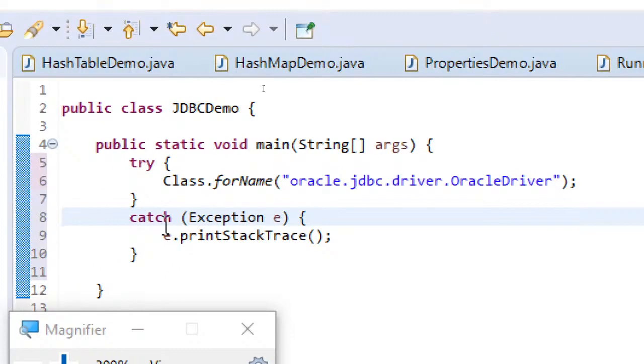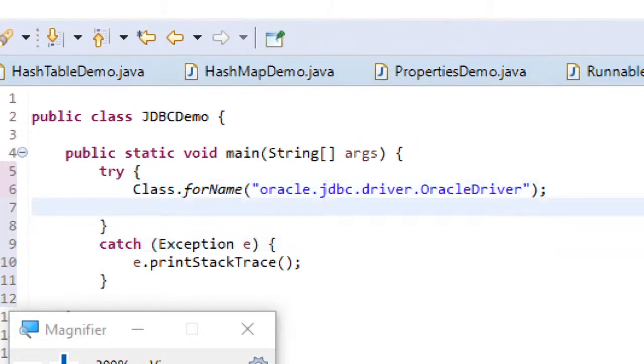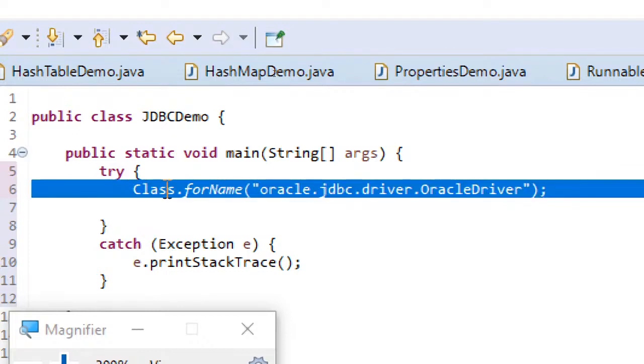For this Class.forName, if class is not found, ClassNotFoundException. When I am using other statements, I will be getting SQL exceptions. For that reason, rather than writing multiple catch blocks, I have just written one single Exception itself. So we are done with step 1, that is loading of the driver is over.